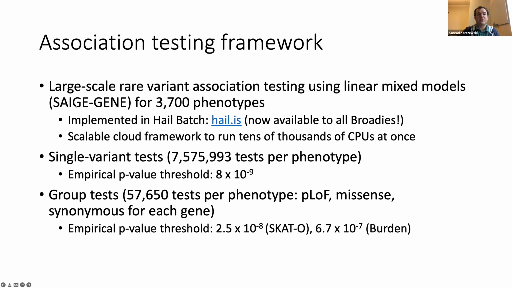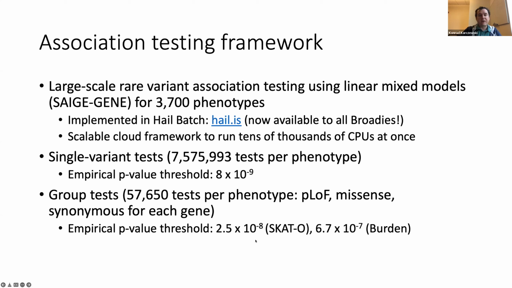Now we expanded to the European subset. So it is still a single population, but not a very small sliver of that population. It is the whole population. So I think that's helped us out a lot. And the SAIGE-GENE pipeline allows us to do the grouping of variants into genes or into annotation categories, LOF, missense, synonymous. SAIGE-GENE implements both burden and SKAT testing, and SKAT-O.